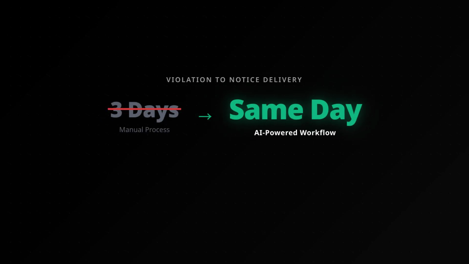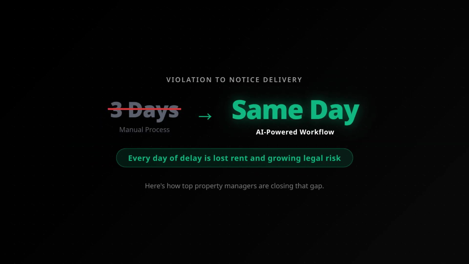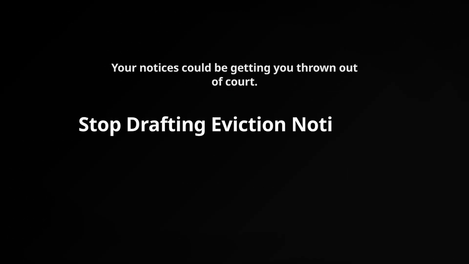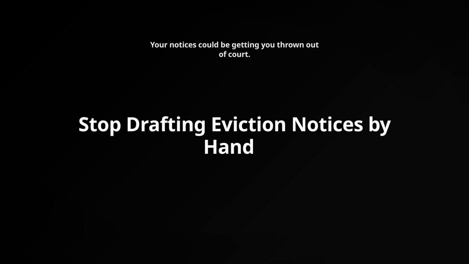3 days. That's how long the average property manager waits between discovering a lease violation and getting a legally compliant notice out the door. AI cuts that to the same day. Today we're looking at 3 AI tools that auto-draft eviction notices, cure or quit notices, and compliance letters, ranked by